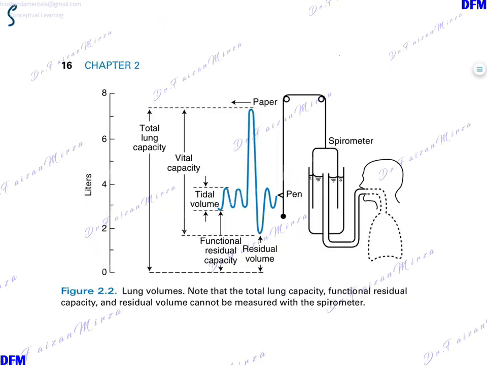This technique here shows to you spirometry. Now what's the spirometer? A spirometer is a device, an instrument which is used for measuring these volumes and capacities of a subject. The subject is asked to breathe through a mouthpiece. This mouthpiece is connected to a tube and the tube is in turn connected to the spirometer. The spirometer is filled with water.